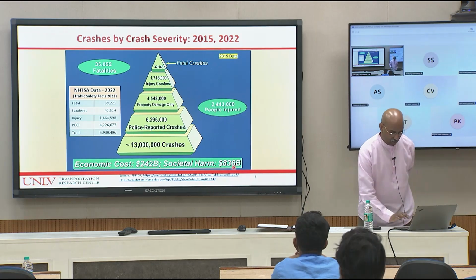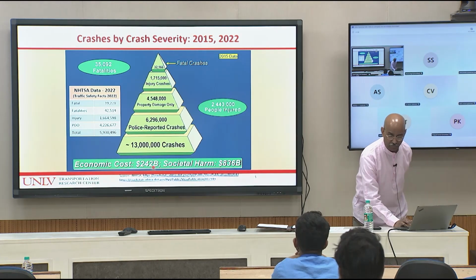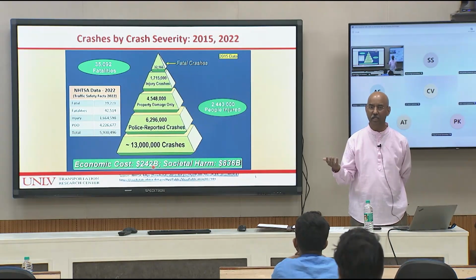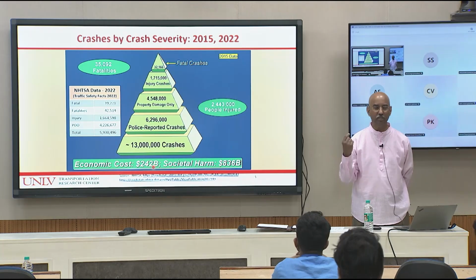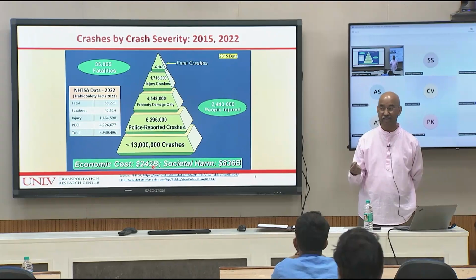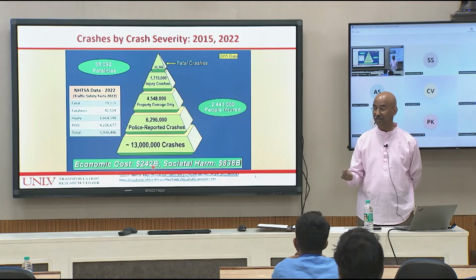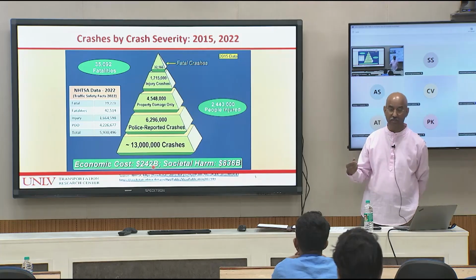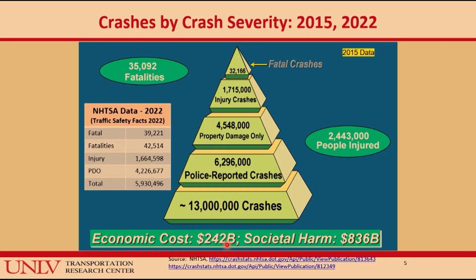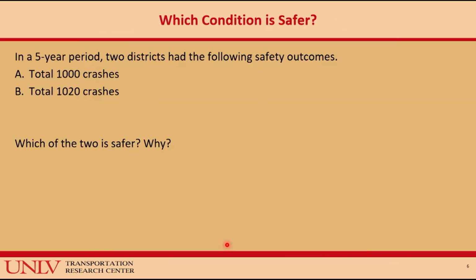I am just going to use rough numbers here, $240 billion economic cost. The US population is approximately 330 million. So what does it cost per person? 240 billion divided by 330 million, or 240 divided by 0.3. That's per person per year. So that's just the economic. If I use the societal harm, it is 3 to 3.5 times that. So you're looking at tens of thousands of dollars per person due to adverse safety outcomes. So this is something I wanted to recap from what we talked about in the last few days.